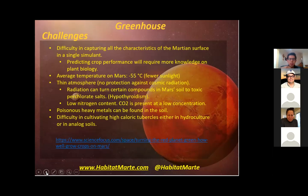It has a very thin atmosphere, which offers no protection against cosmic radiation, or very little, which could be very harmful for all life forms, or at least the complex life forms that will live on the planet. In addition to this, radiation can turn certain compounds in the Mars surface into toxic perchlorate salts, which are already present on the whole surface of the planet. This is very dangerous for future settlers, because if plants grown directly in the soil take up these salts, and the settlers then consume them, these salts can cause them hypothyroidism, which is very dangerous for their health, in addition to other